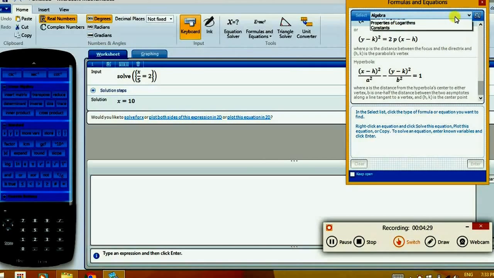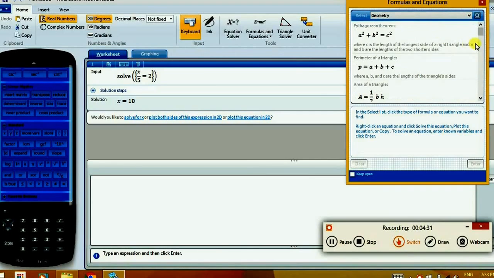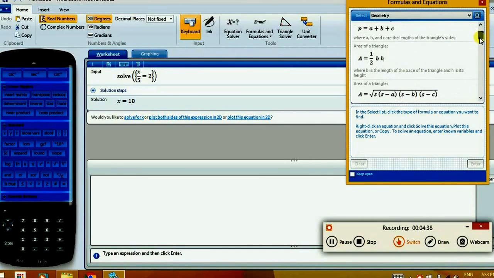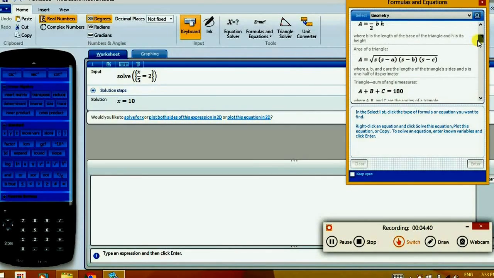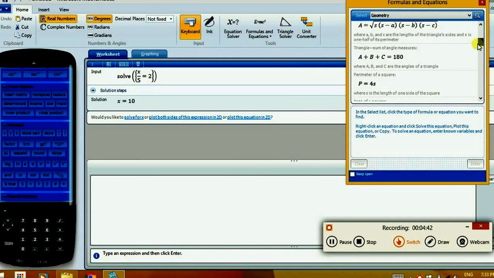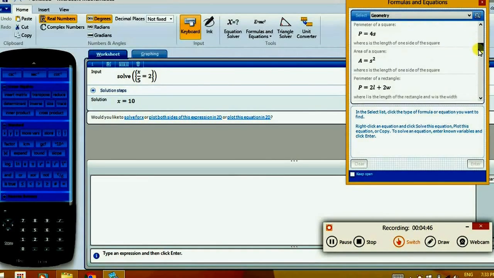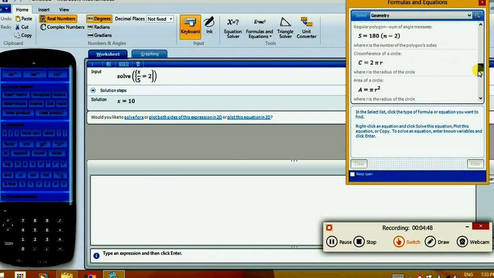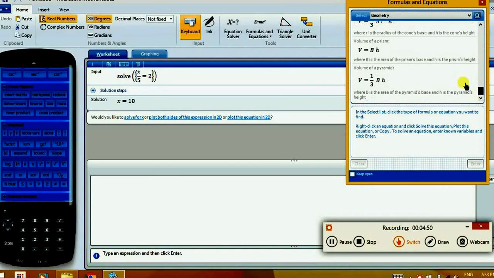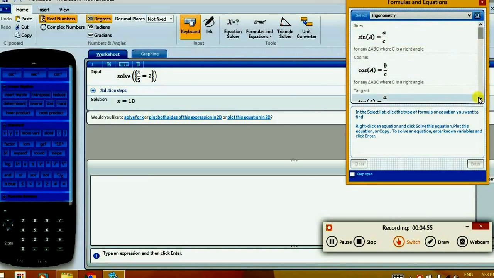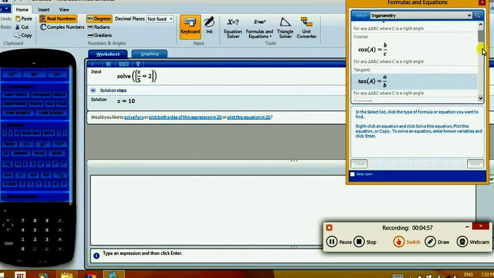Also including this, we have geometry, like Pythagoras theorem, as you all know, which I would be using to prove some of the geometry. Perimeter of a triangle, all this we know. This is Heron's formula, as we can see the area of a triangle, which is also a part of my lecture on properties of triangles. On properties of triangles, we will be proving a lot of new things. Now if we go to trigonometry, we have sin A equal to, which will also be a part of my lecture on